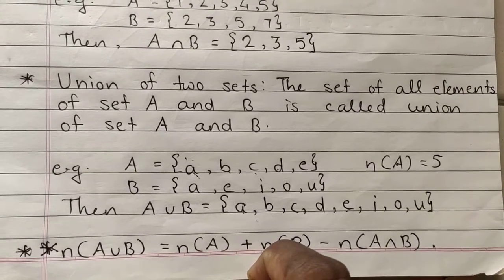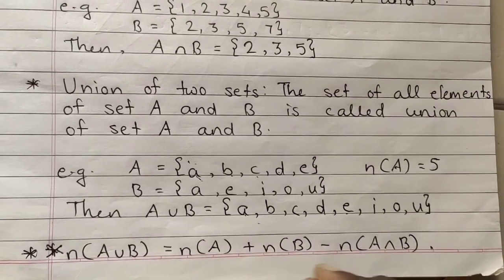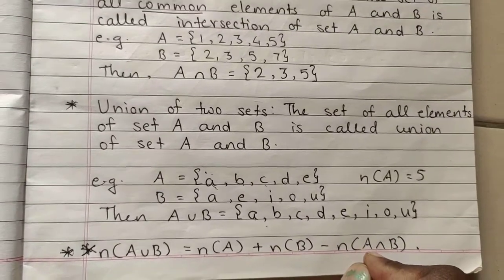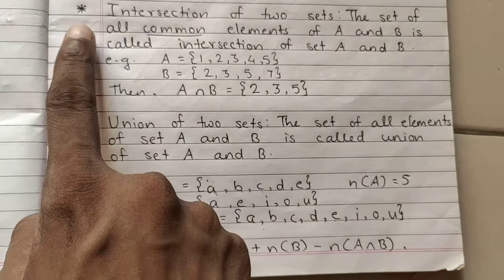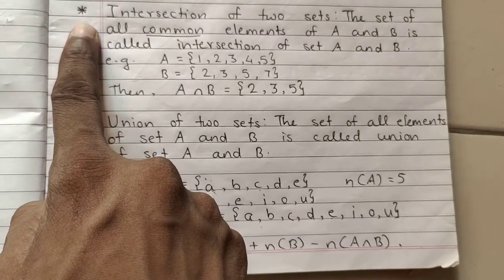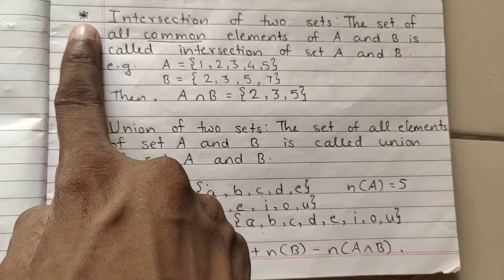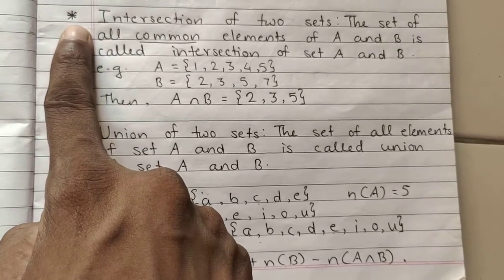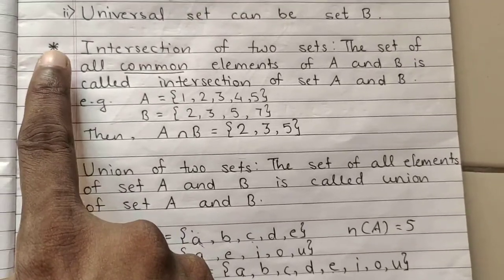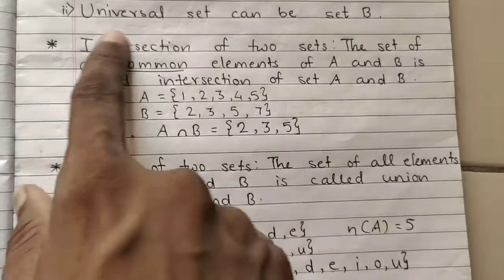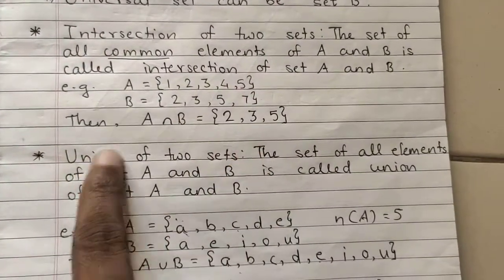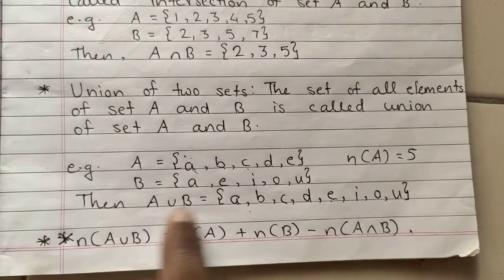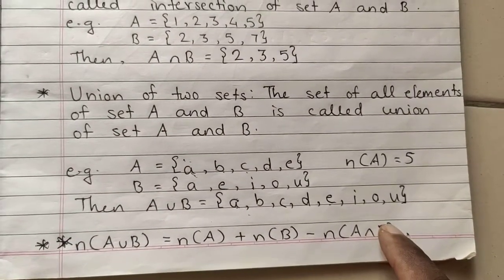Okay, so for today I am concluding, and for the next lecture you should remember all these points, whichever I have marked by star. Remember, whenever I put a star, that means you have to remember these things. Okay, and revise it thoroughly. So the first point is what? Intersection means common elements. Then union means what? All the elements. Then this is the formula, and this formula you should know.